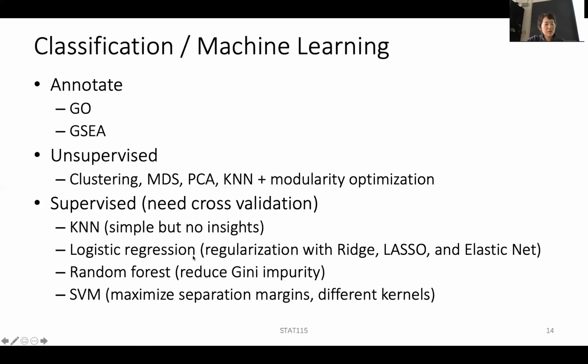Logistic regression, you're trying to give weights to the different genes, trying to estimate how to separate the two. And because there are so many variables, very often you have 20,000 genes and you only have maybe 20, 50 samples to deal with. And so we need to deal with regularization. Regularization is for the cases when you have so many variables and fewer samples, how can you robustly estimate those parameters? By providing some penalty, so that you are basically not overfitting your